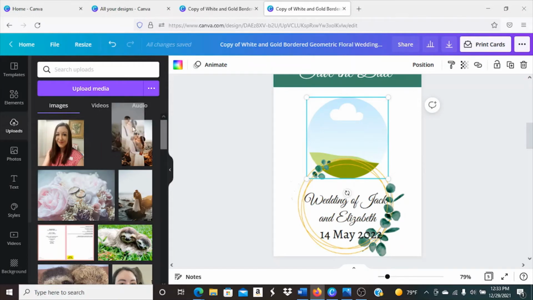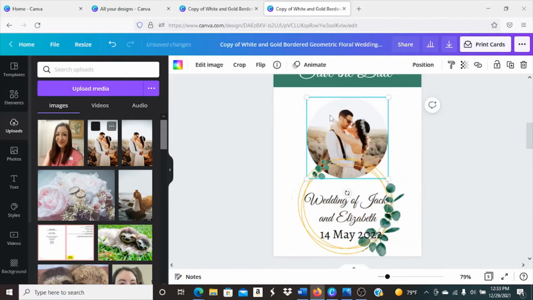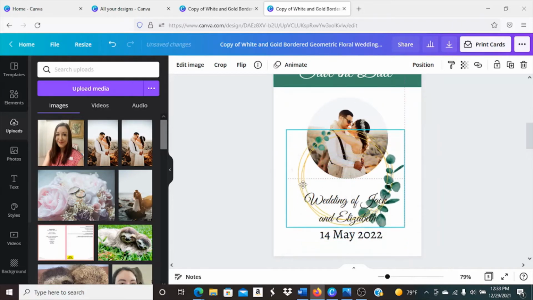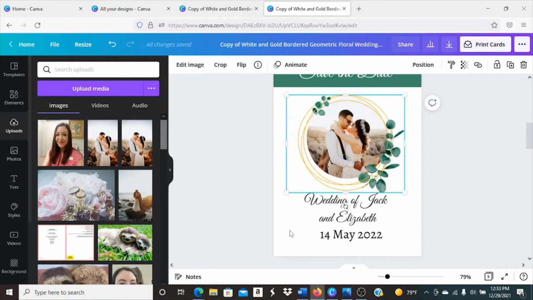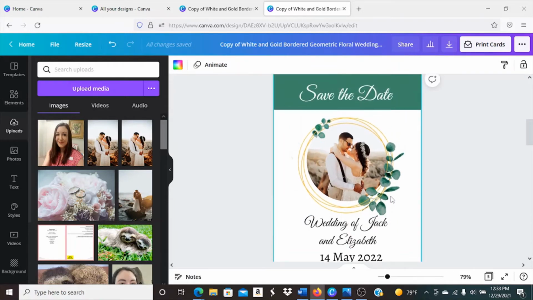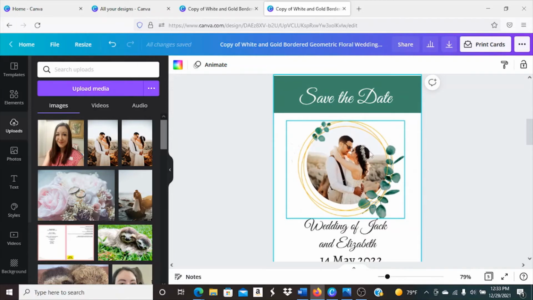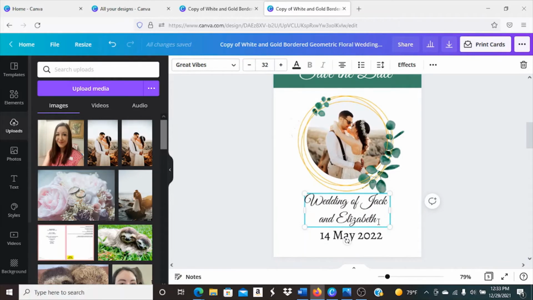And then you just click on the image, drag it over, and once you get this picture-in-picture effect, you can go ahead and release that button and it'll fit itself into the circle there, and then we can just click on this and bring it right up back to where it belonged. So now you have a save the date announcement with the happy couple,